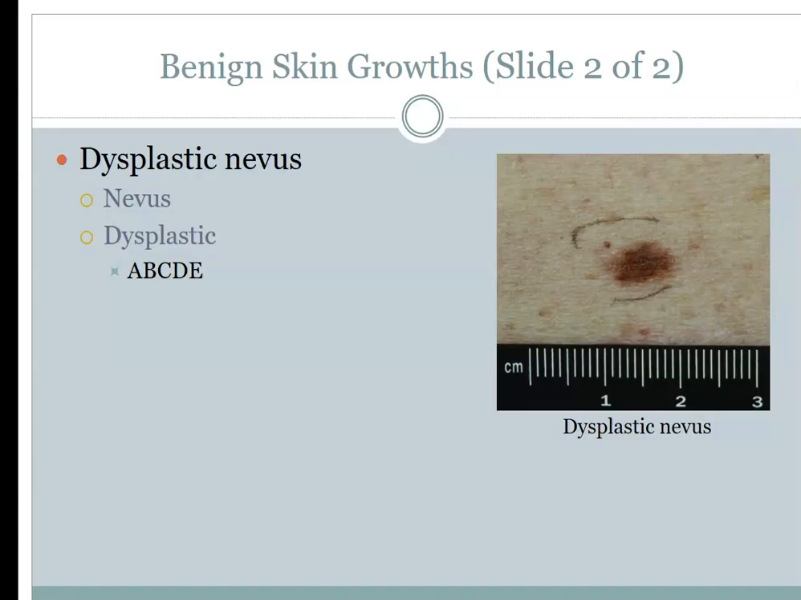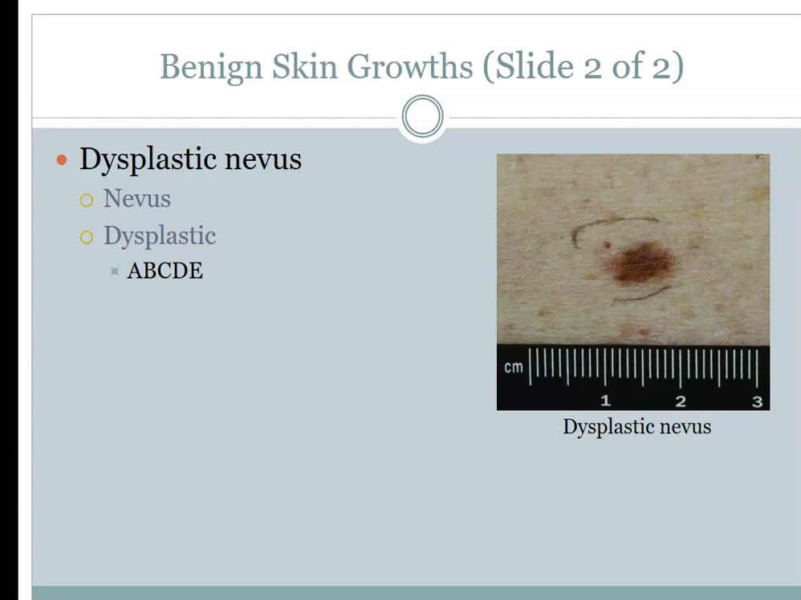Benign skin growth. A nevus is a birthmark or a mole. By themselves, these are not a problem. If they are dysplastic, however, it means that they have an abnormal formation. They can progress to becoming malignant, and the ABCDE rule is used to monitor changes that indicate a need for